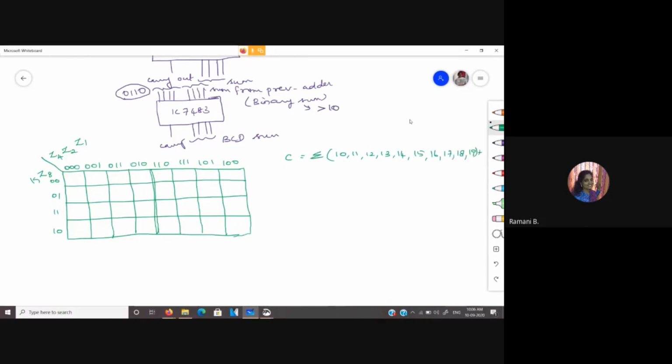And we also have don't cares because you don't have a BCD sum after that. The maximum possible sum is 19 only. So we have don't cares in 20, 21, 22, etc., till 31. And we have don't cares in all these.